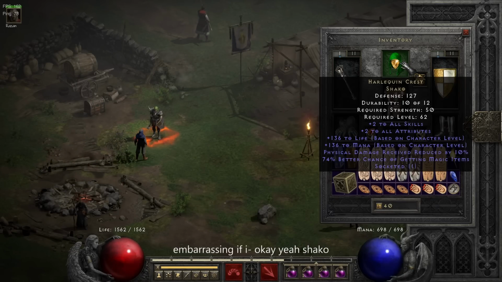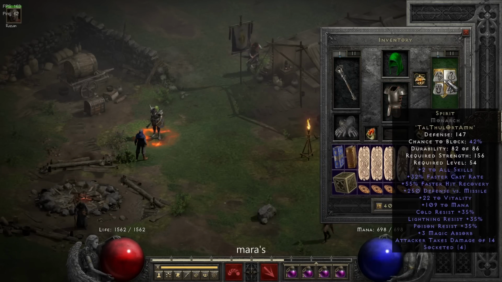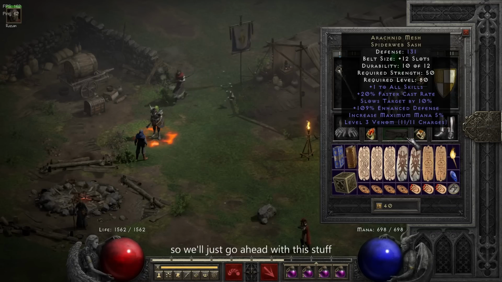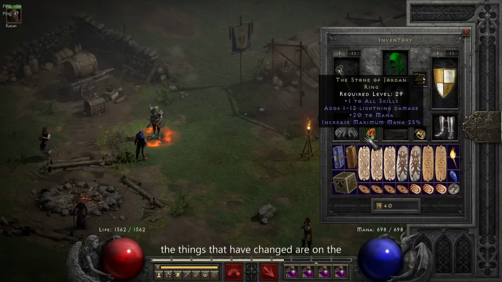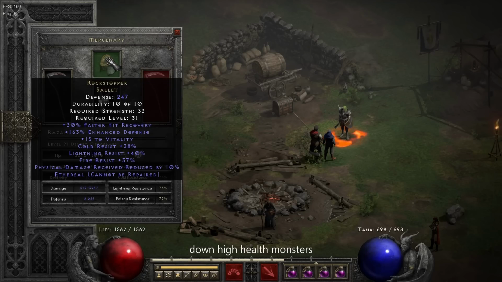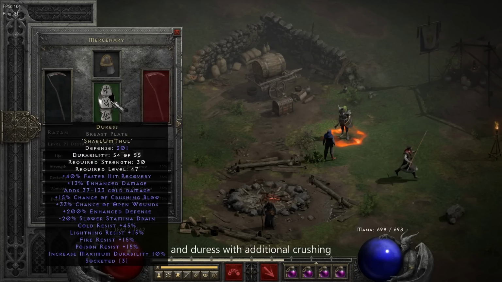Okay, yeah, Shaco, Enigma, Mara's, Spirit, which I should have gotten at 35 by now to make room for another SOJ, but it's not like I have runes left for that anymore, so we'll just go ahead with this stuff. The things that have changed are on the Merc, for he is now wielding an Obedience, great rune word, 40 crushing blow, super useful when taking down high health monsters, the rock stopper that I had found for some excellent defensive utility,